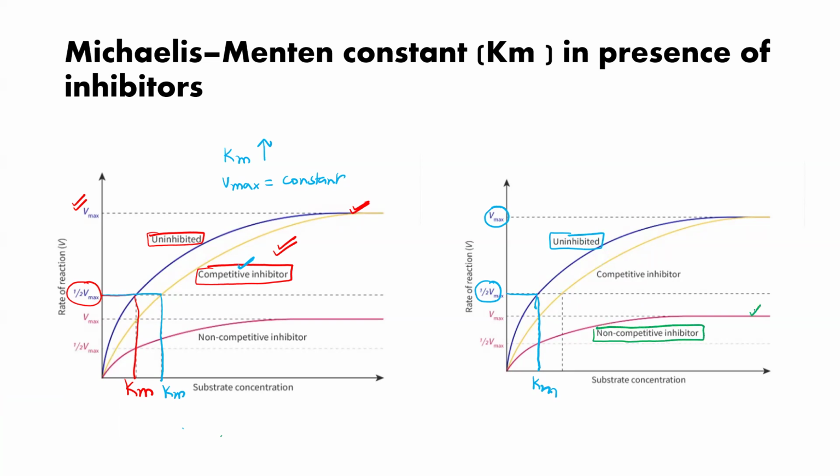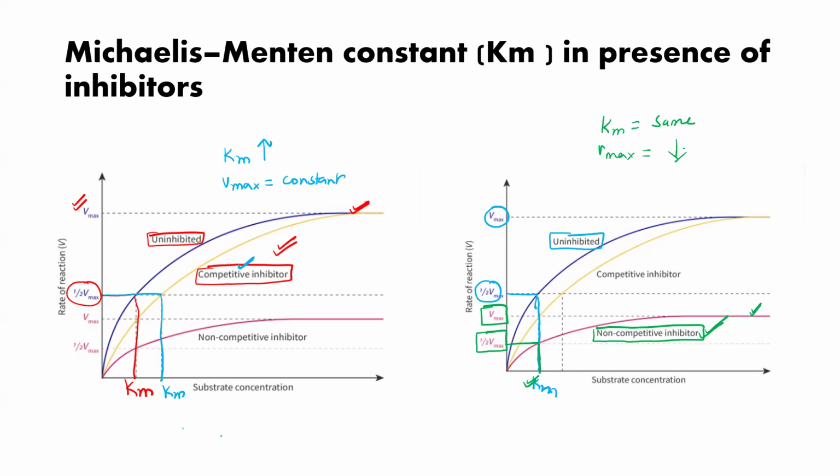Non-competitive. If you see, the Vmax value has decreased. This is the Vmax of non-competitive inhibition. Clear? So this is half Vmax for non-competitive inhibition. Are you getting me? Now if you see the diagram, check, beta, the Km value is the same. The Km value is the same. But what is the main thing? Vmax has decreased. So in the case of non-competitive inhibition, we find the Km value is the same. It is not changing. Neither is it increasing nor decreasing, but the Vmax value has decreased.